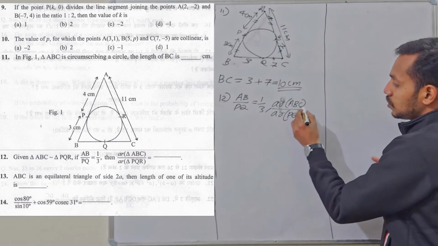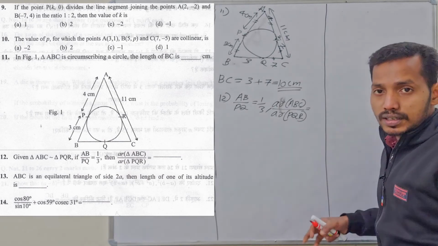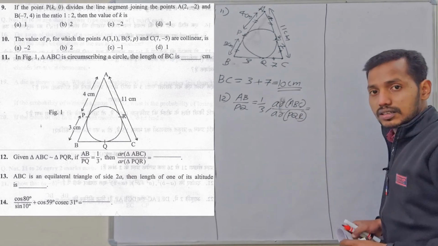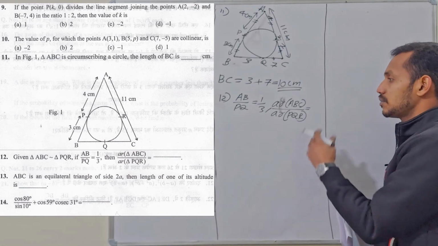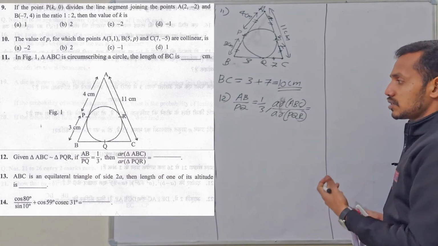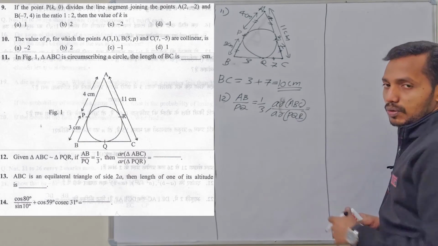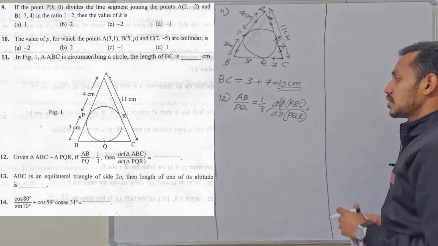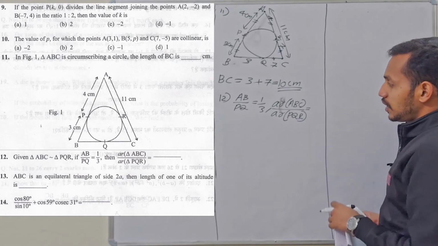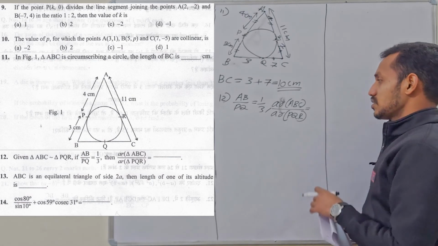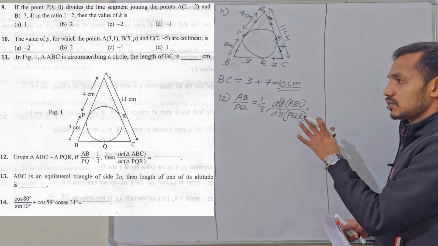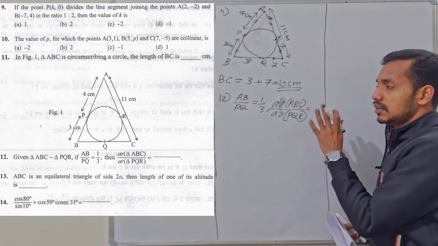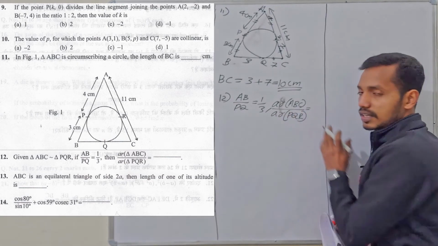Clear? So we have one theorem for similar triangles. Actually the proof of the theorem is deleted for this year, but you can expect some numerical questions or problems based on this theorem. This is theorem 6.4 or 6.5, I don't remember the sequence number, but this theorem is given in chapter 6, triangles, and it deals with the area of triangles.